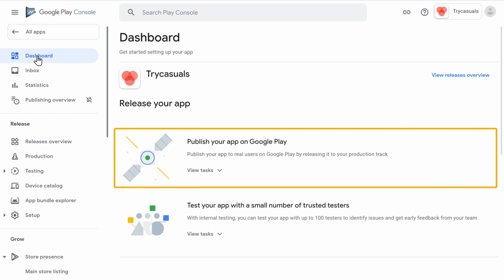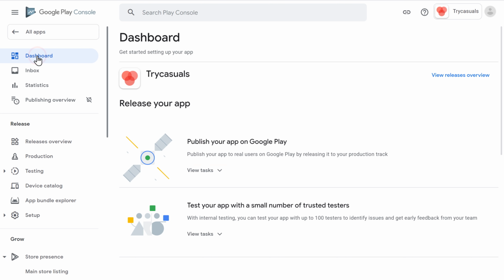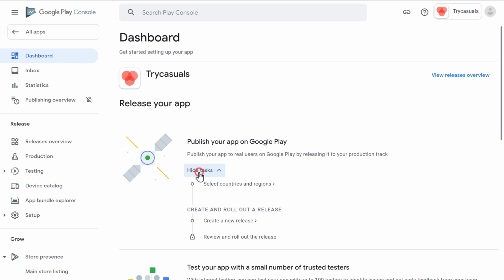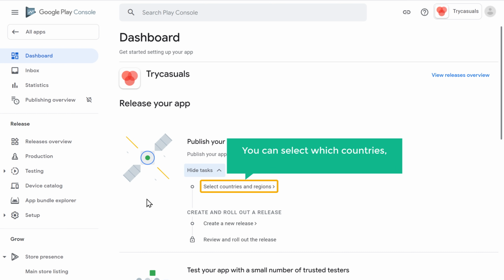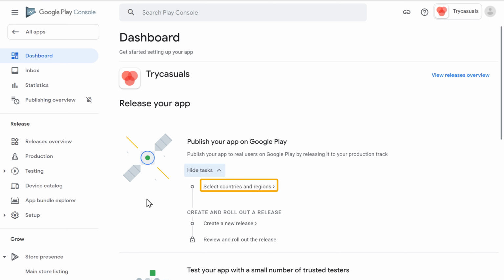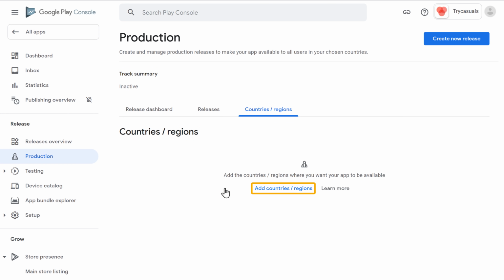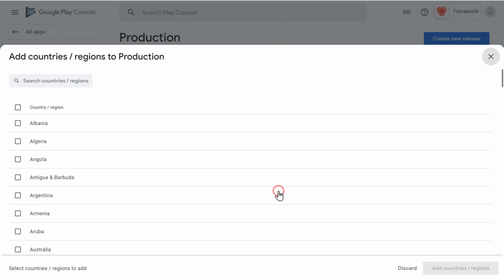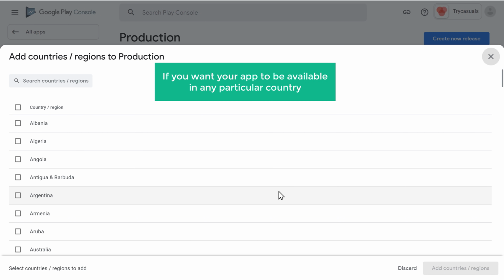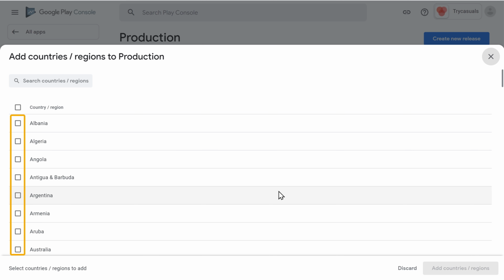Now go to Publish your app and click View Tasks. Here you can select which countries your app needs to be available in. So just click on it and click Add Countries. Now if you want your app to be available in any particular country, you can click here.